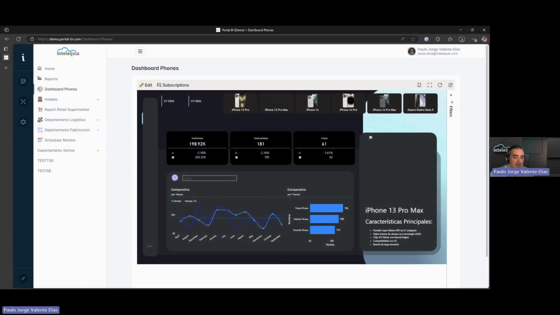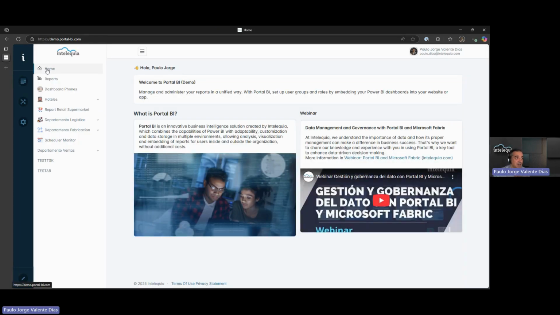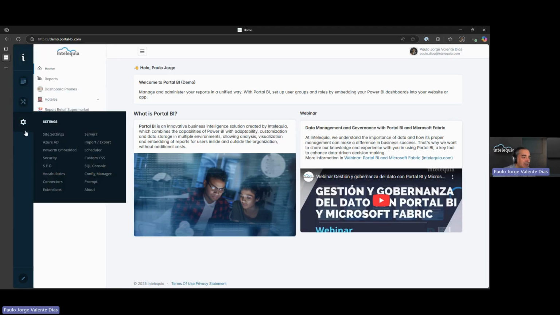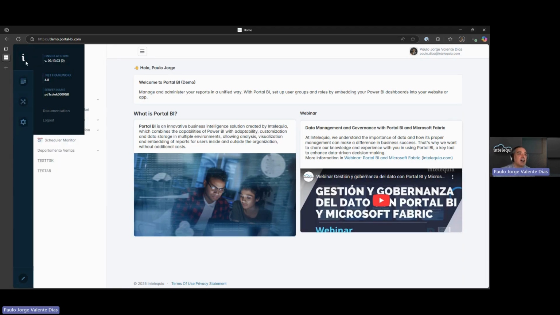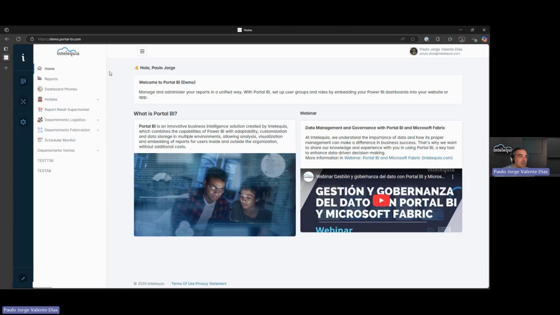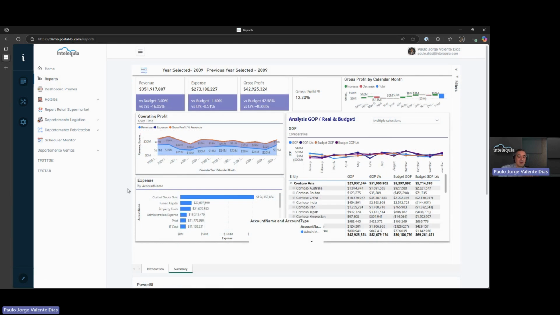Now it's time. Let me show you some of the things we can expect from our Power BI platform. So as you see, this is a web platform. There is this menu on the left side because I'm an admin. If I wasn't an admin, I wouldn't see this left bar. Okay, so the portal would start here with the logo of Intelequia and all these menus. You are seeing an almost